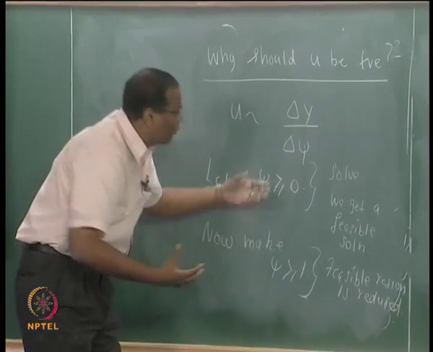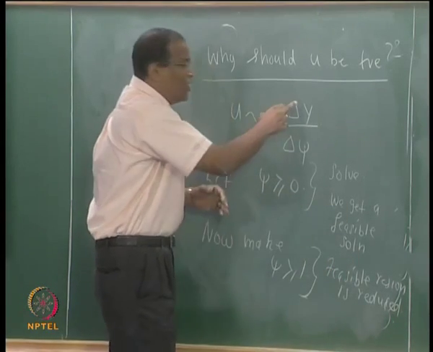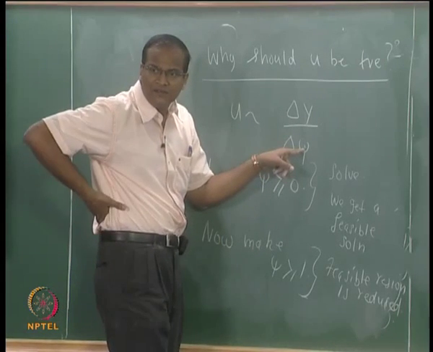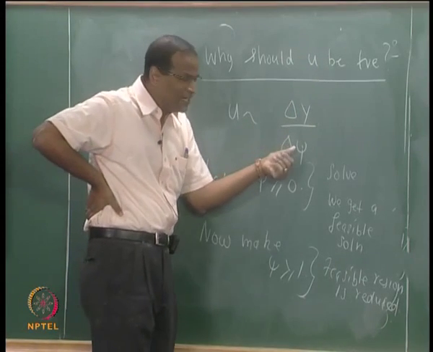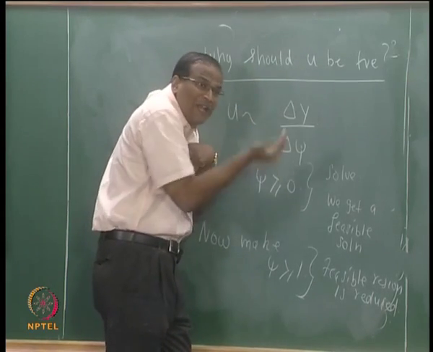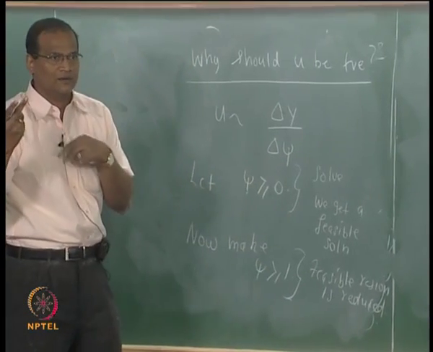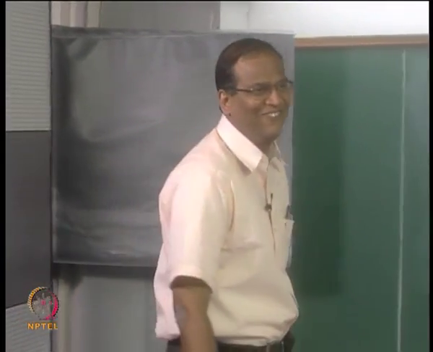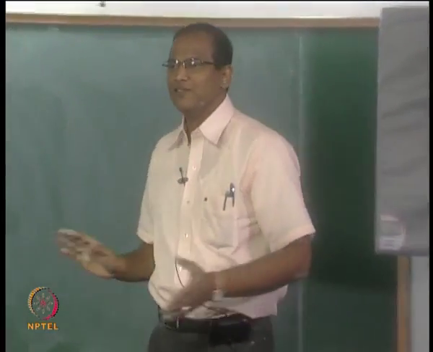There is no chance for my y to improve. At best it can be in this portion of the curve. I can't expect y to improve, y can be the same or y can only decrease. Therefore, while psi increases, y has to necessarily increase for a minimization problem. Therefore, if del psi is positive, del y is also positive. I cannot hope to get a new value of y which will be less than what I got when psi is greater than or equal to 0, when I apply psi greater than or equal to 1. Therefore, u is positive. Okay, it's just plain common sense.